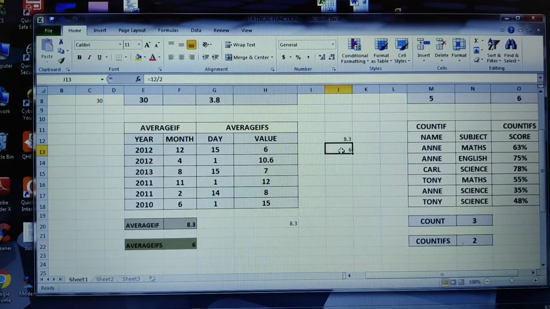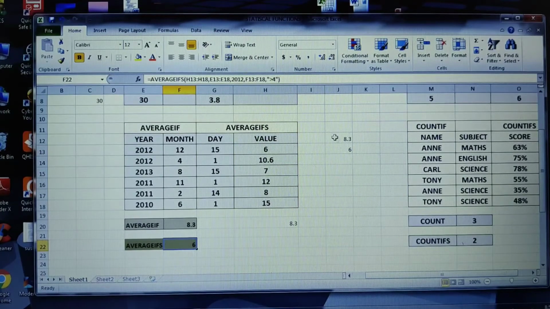I hope you are understanding. So how much am I getting here? What is the month here? I want the average of the year 2012 where the month is greater than 4, isn't it? So in that case, only this particular row will be selected. Correct, only one row will be selected. So 6 divided by 1, we got the average to be 6 here.